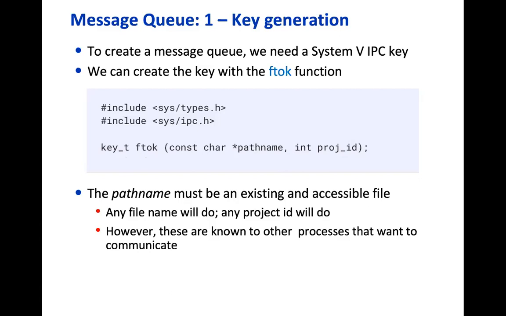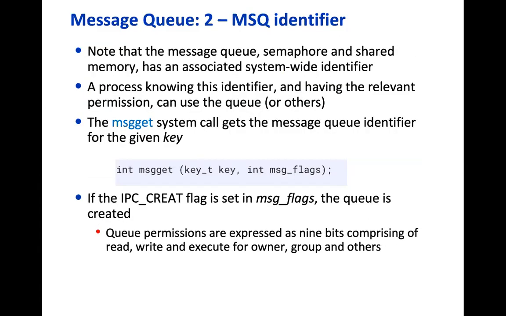It means that both P and Q will generate the same key, and now we use this key along with flags. Some flags will tell what is to be done. It's only for reading, writing, execution, and many other parameters can be defined in that. And we use the msgget system call, and it will get the message queue identifier. So once you run this, it returns an integer, the message queue ID.